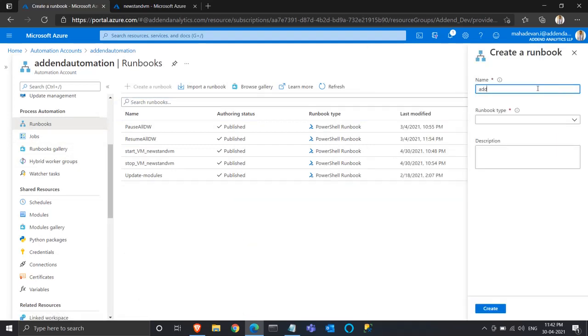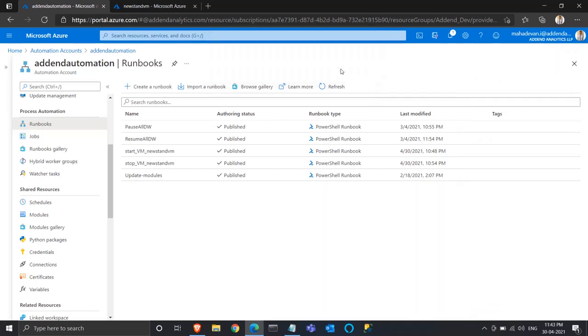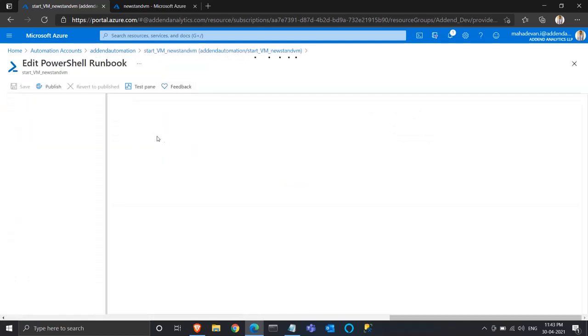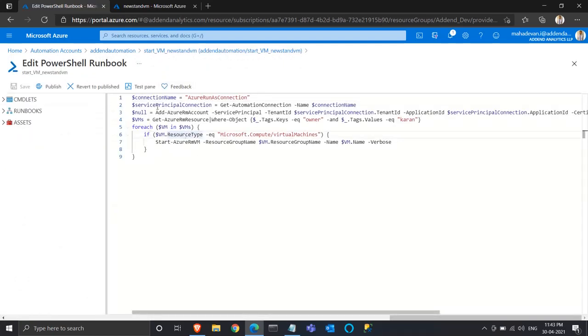Enter a name. Runbook type will be PowerShell. Enter some description and press create. As I've already created this runbook, I'll discard it and I'll edit this one. Paste your PowerShell script over here.